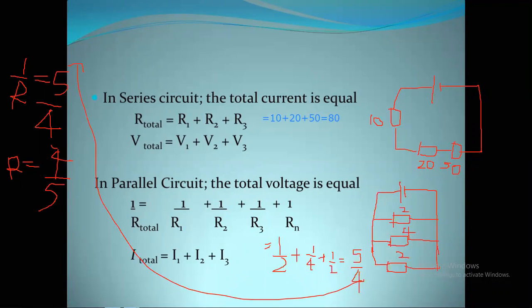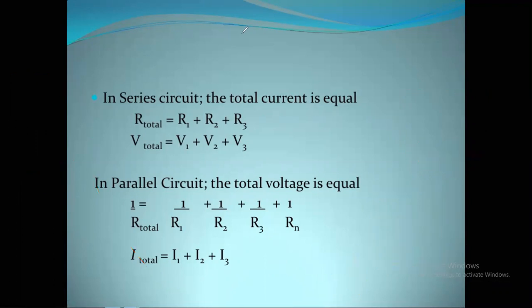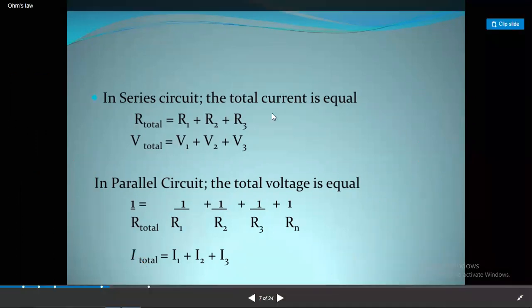And as I mentioned, the current coming over here is shared among all of these resistors according to the resistor proportion. We will learn how to find the resistor proportion a little bit later, right? Okay, that is how you need to do this section. Okay, let's go to the next one.